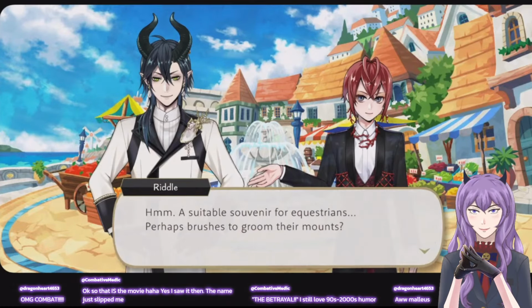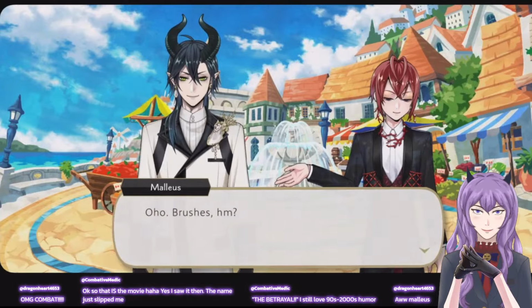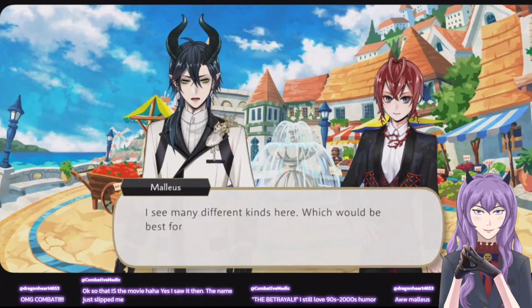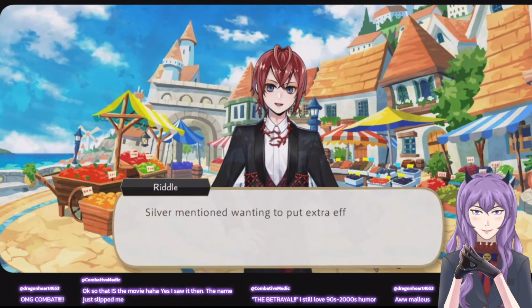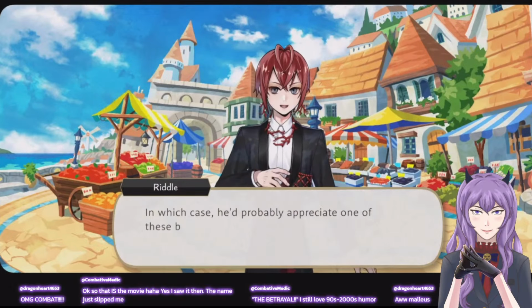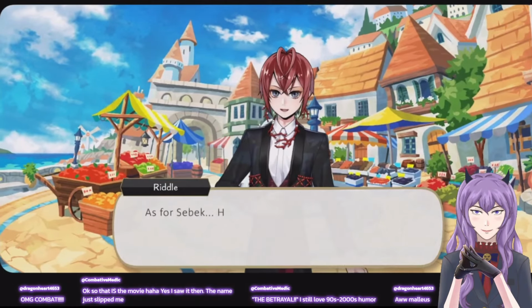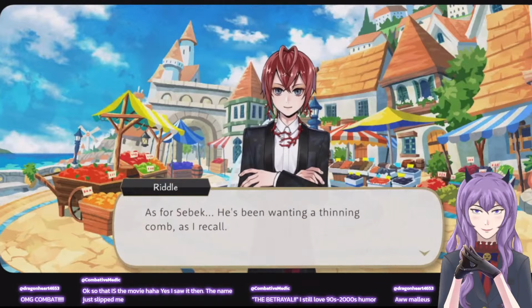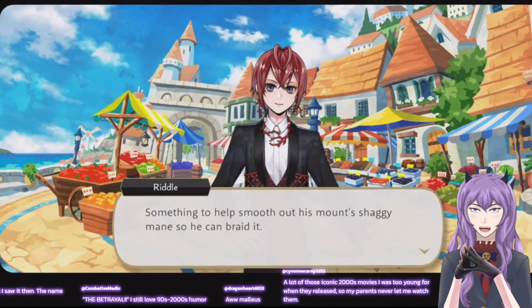Suitable souvenir for quest. Oh, brushes. Brush your horse. How smooth out his shaggy mane.